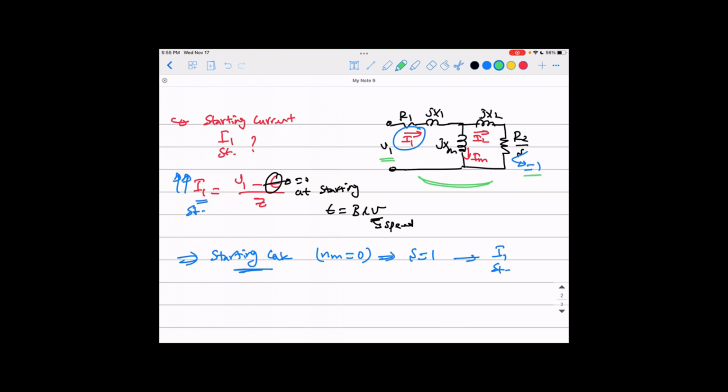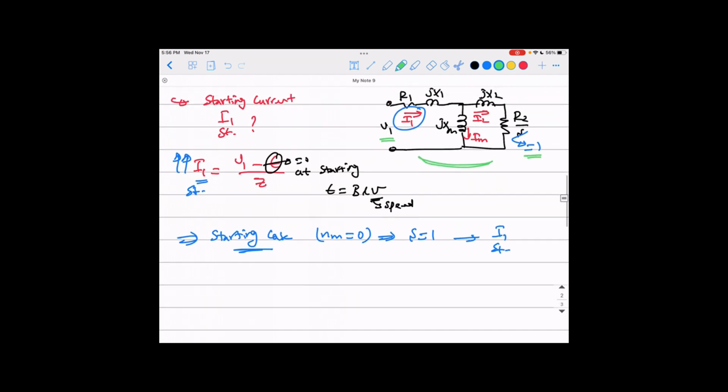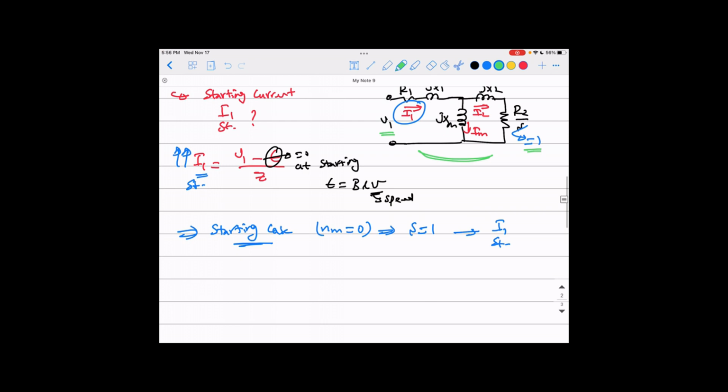But if the slip equals 1, and the slip, like we've seen here, is in the denominator of R2 over S, then R2 over S will be a very, very small value compared to the running condition. So the total impedance of the machine will be very small, and that's why I1 will be much higher. Okay guys? That's how you understand this. In the running condition,